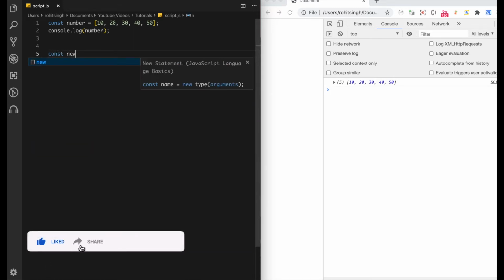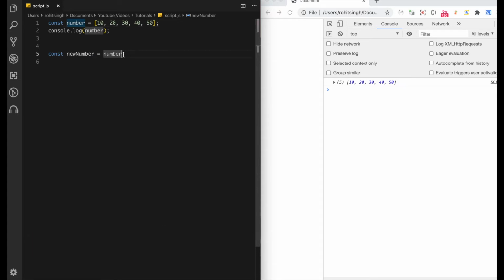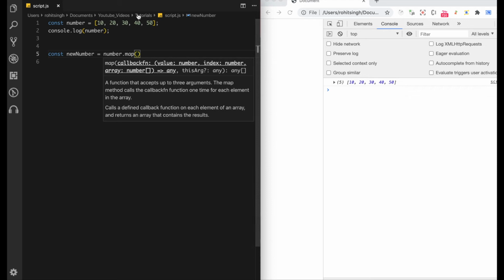Const new number equal to number, this array dot map. Now see, this map method takes a callback function, and that callback function takes three arguments. First one is value, second one is index, and third one is array.